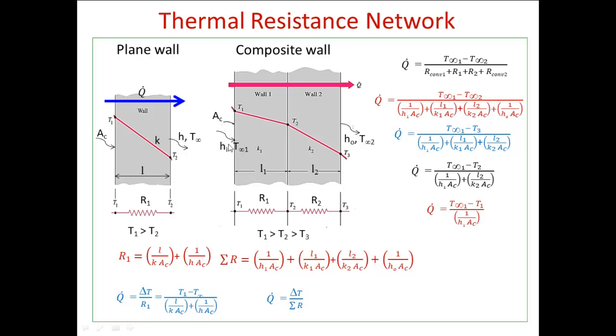Similarly, if you want to consider the temperature T infinity 1 to T1, then only convective resistance has to be considered. Equations are used to determine the intermediate temperatures. So this equation is used to determine temperature T1 provided T infinity is known. This is used to determine temperature T2 provided T infinity is known and Q is known. So like this, we can equate the heat transfer equation to determine the intermediate temperature.